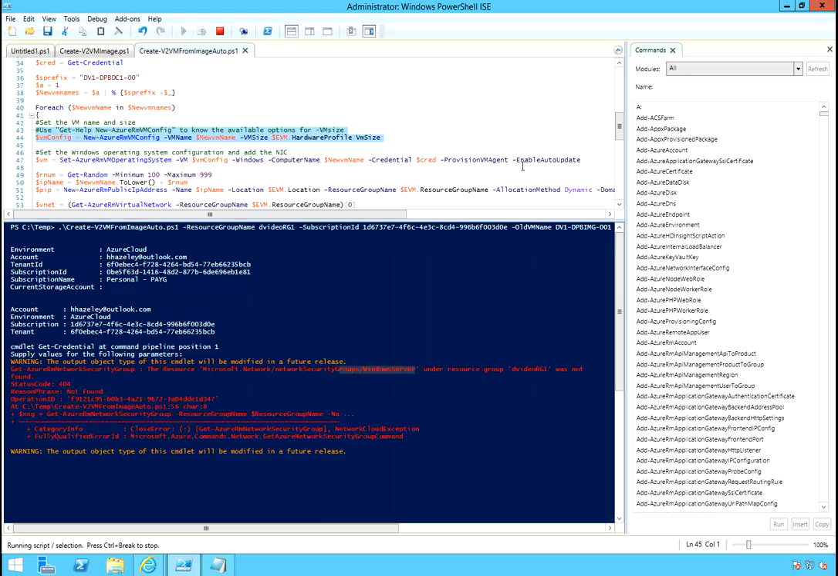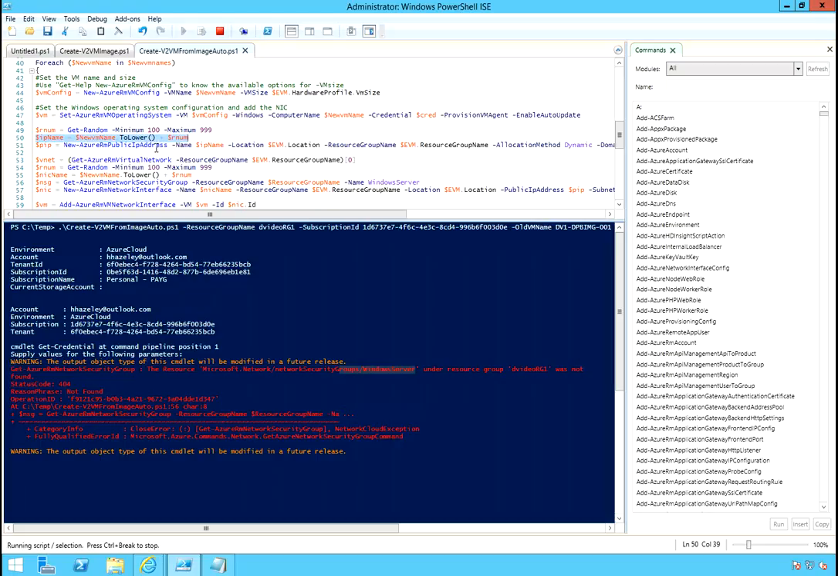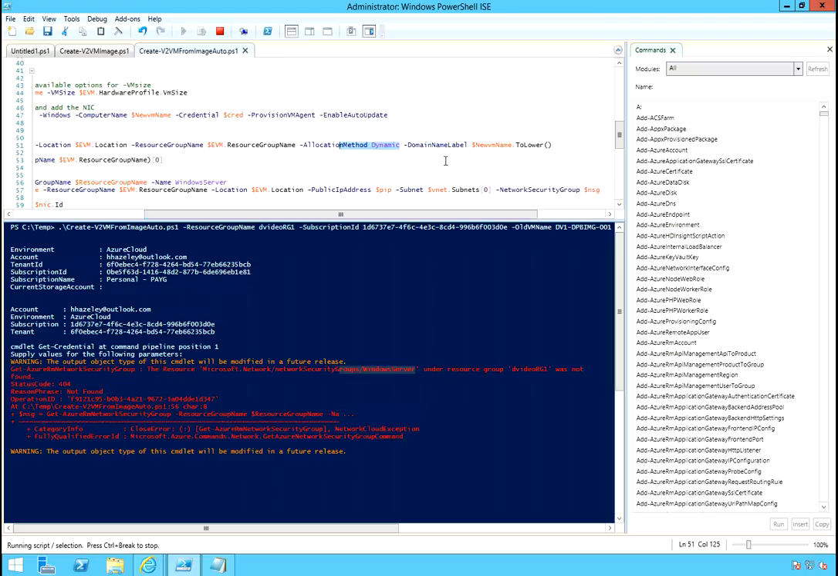And provisions the VM agent within the box. Next here, it creates a random number. That random number is what's used to create the name for the public IP address. Then it says new public IP address equals the name, the location, which it gets from the old server, the resource group, which it gets from the old server, and it makes it dynamic, and then the label, which